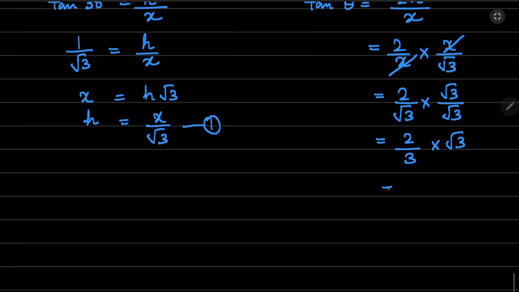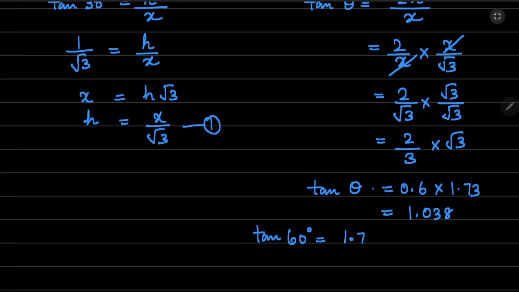Here root 3, we know, is 1.73. What is 2 by 3? It is 0.6. This is nothing but your tan theta. So when you multiply, you will be getting approximately 1.038. However, you know that tan 45 is 1. Tan 60 is nothing but root 3, and root 3 is nothing but 1.732. So, if the value that you were getting for tan theta was 1.732, then we could have